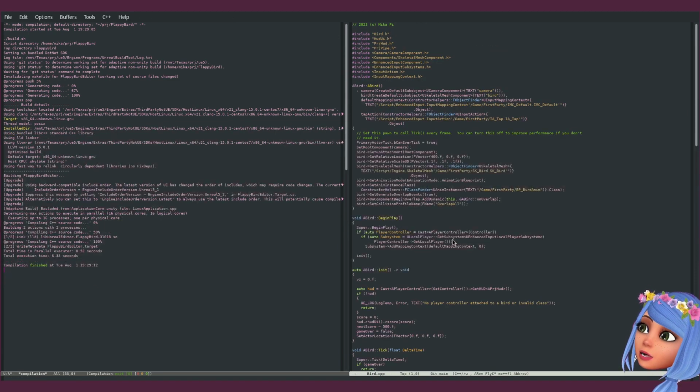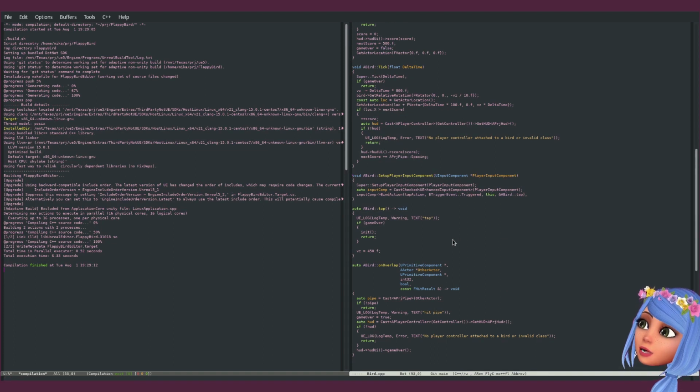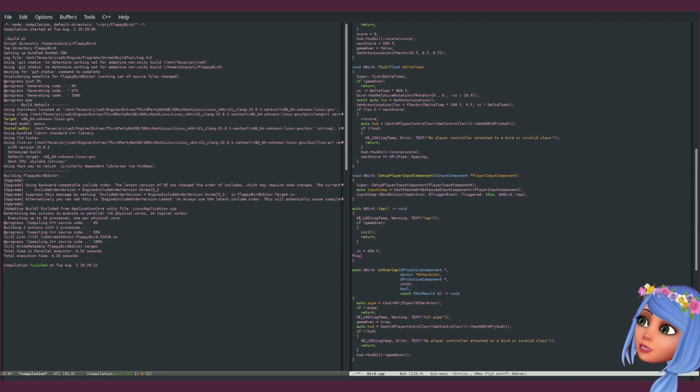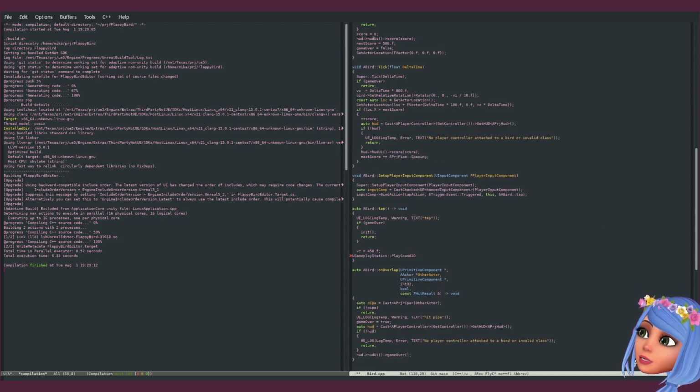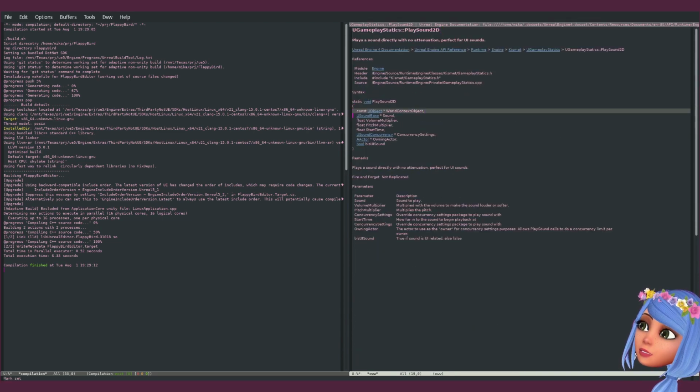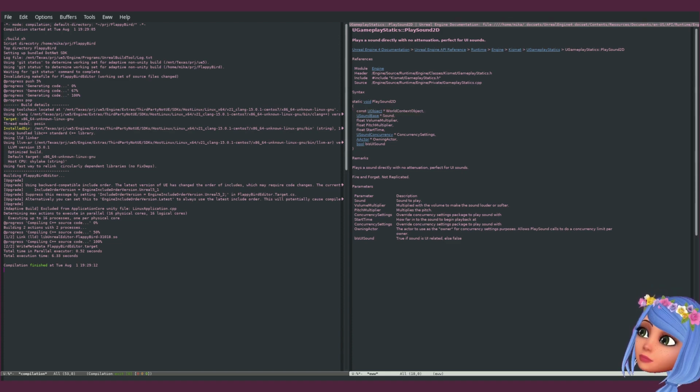For flap we would do, there is a tab here, right? And we would do play sound 2D. So we would do this one, game statics, play sound 2D. And we need world context, sound, and everything else should be default parameters. So we just need these two things.